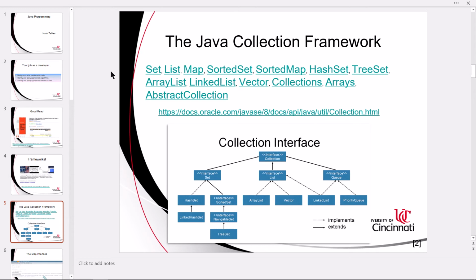And the Java collection framework is a set of classes representing data structures that we can use in our code. The advantage of studying this is that it's universal in Java, and it also shares a lot of commonality with other programming languages. You learn what a vector is in the Java collection framework, and now you know what a vector is in C++.